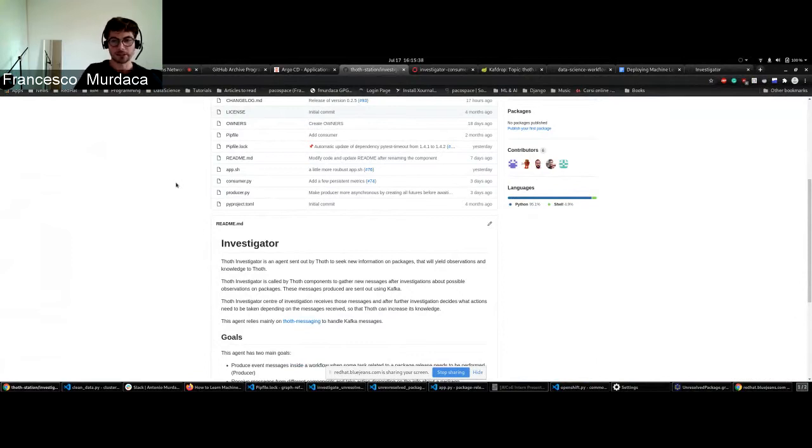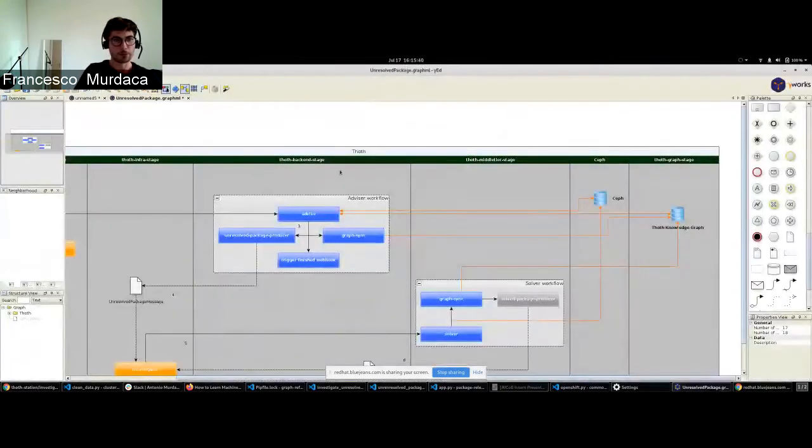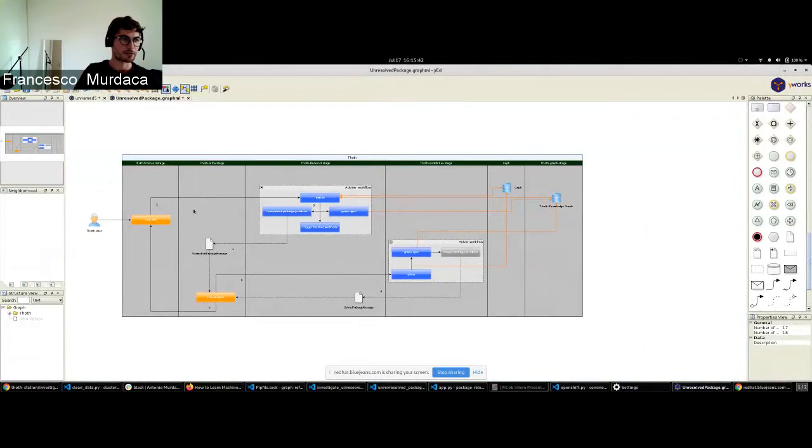So for example, the first component we were considering was advisor. The first case was, imagine that there is a user using Thoth from one of the integrations and asking for an advice. Then in the advisor workflow, there is a new task, which is called the unresolved package producer.